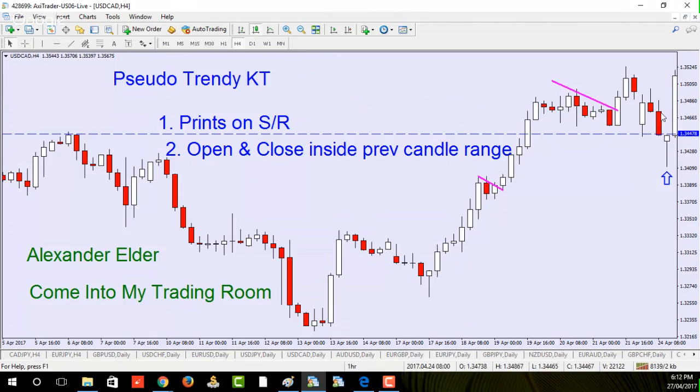But in this case, I wouldn't argue that at all. I'd say the previous candle, if anything, might be slightly bigger or average. It wouldn't be a smaller candle at all. So it's one of those things where you might not want to take this one, depending on how conservative you are. But in any case, this candle prints on the support resistance level that we've identified previously from this double top